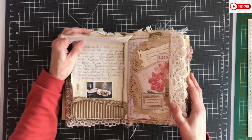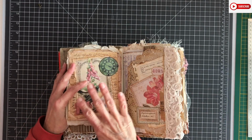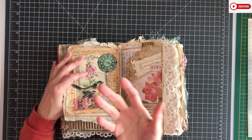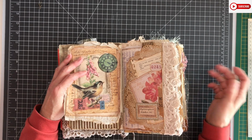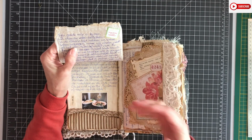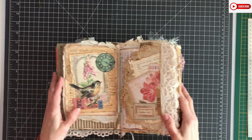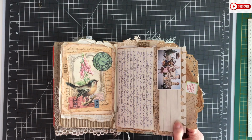A flip up, not completely in frame. Also the journaling, and here I didn't do the pages in order. I just chose pages randomly like I wanted to, and my journaling was in the beginning about me. If you would read all these things I wrote in here, I don't mind if anybody reads them. You get to know me. And later I got a bit stuck because of the general things. Then I started with the Pickwick tea labels, and they all have questions on them, and I answered the questions. This is a side flip with some lace and collaging, also with the tea label and